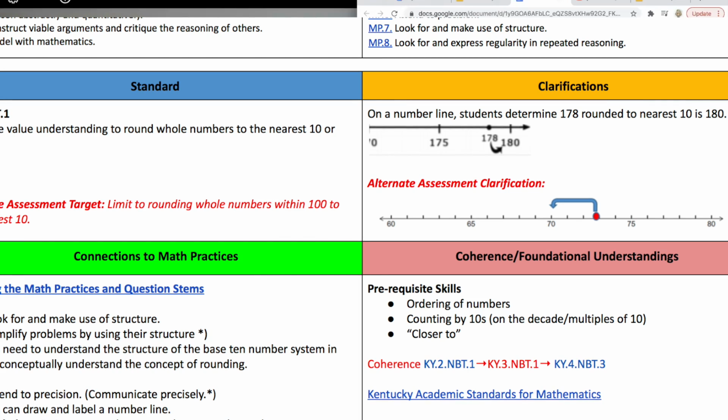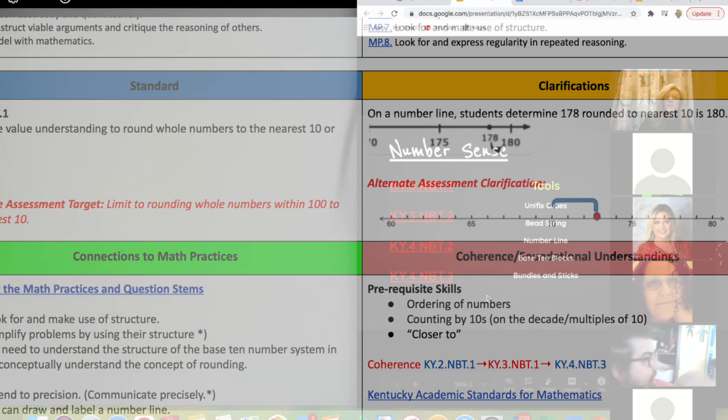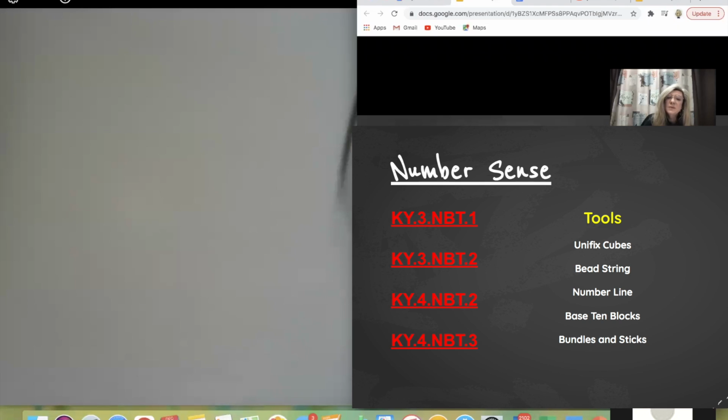That's the Gen Ed standard, I guess we could say. Okay, so getting back to where we are. Here, like I said, we have number sense, and number sense is simply building an understanding of numbers, knowing their amounts. It also involves a little bit of addition and subtraction as well, but a lot of it is an awareness of place value. And I've listed some tools over here for you.